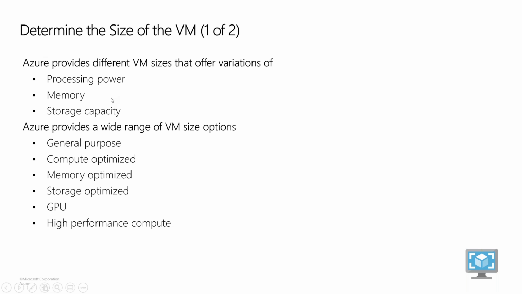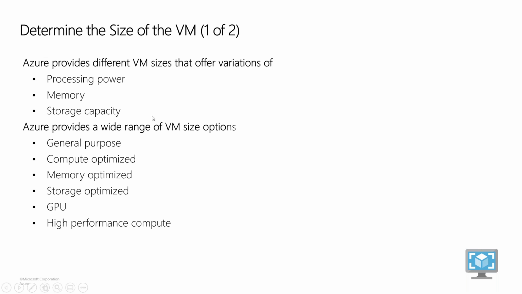Some applications will have a larger payload. Even though the load will be very low, the payload size will be very large. For them, you need more memory, meaning the RAM should be more. If you take databases, you should have storage capacity. So what is the application type you are installing? Based on that, we have to choose the variant, whether we want a processing power VM, a memory intensive VM, or a storage capacity intensive VM.